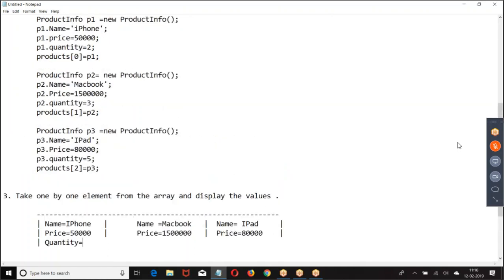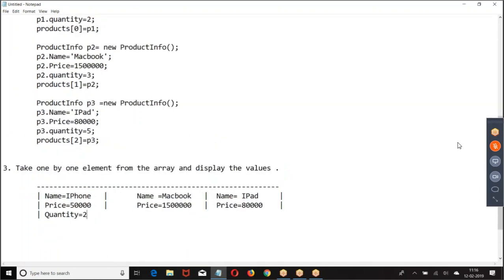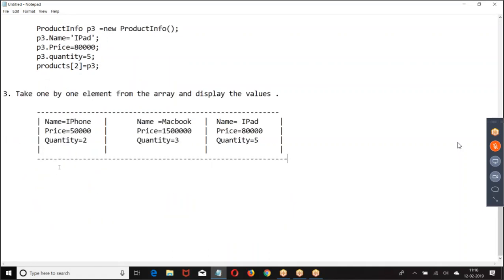We had a quantity. This is how we got the data. Now, how to refer to this one by one element? Try to understand the concept. Each one is one product, right? What was this?